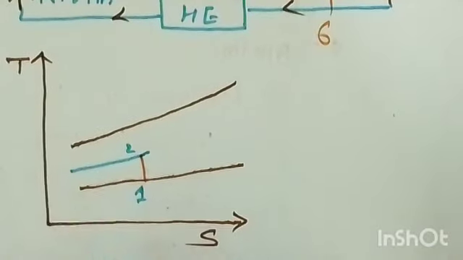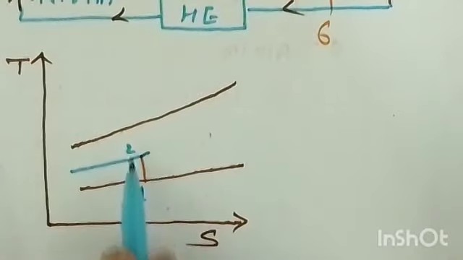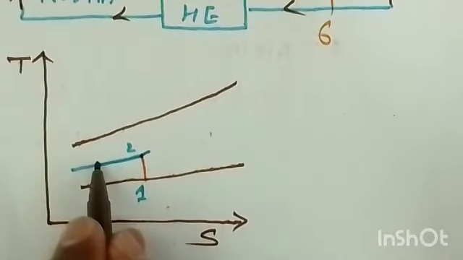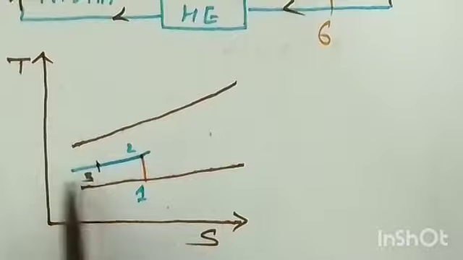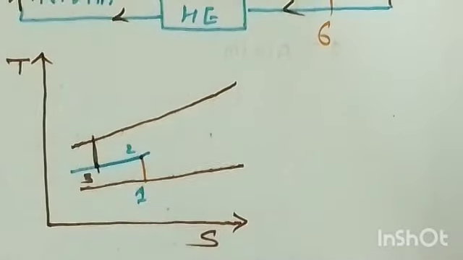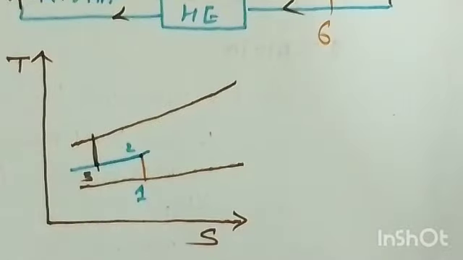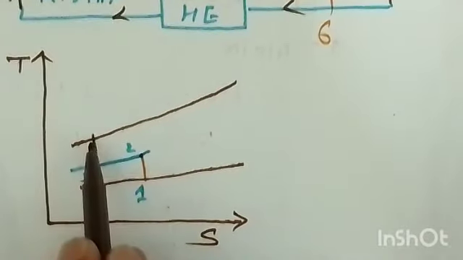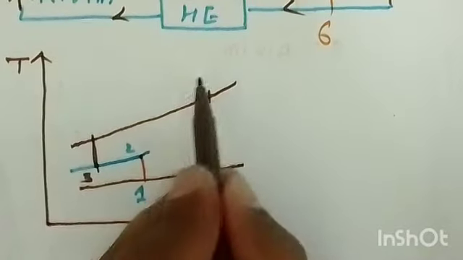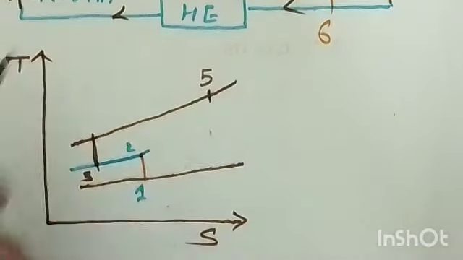So 1 to 2 is the isentropic compression. Next, 2 to 3 is the intercooling, this is your 3, and then 3 to 4 is again isentropic compression in the high pressure compressor, and then 4 to 5 is the combustion, meaning you are supplying the heat to the combustion chamber,